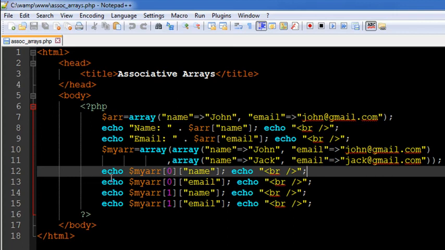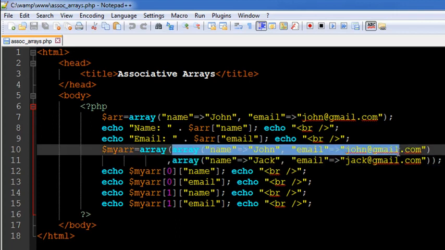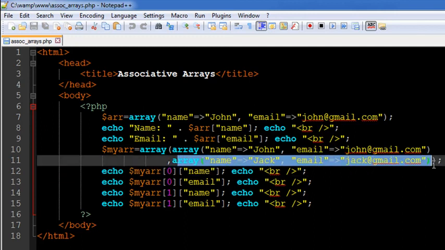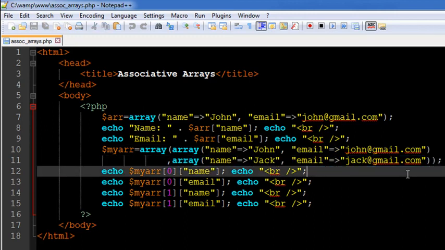And then on line number 12, I have used the echo command to see the value that's there in the name key for the associative array that has the index position 1 in this entire array, right? So this happens to be the first item in the array myarr, so that's why its index position is 0, and this one happens to be the second item, so its index position is 1, and so on and so forth. You can have as many as you want. You could even have 1,000 such arrays within one array,